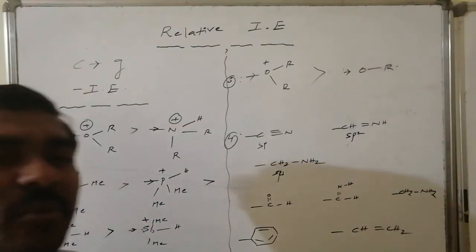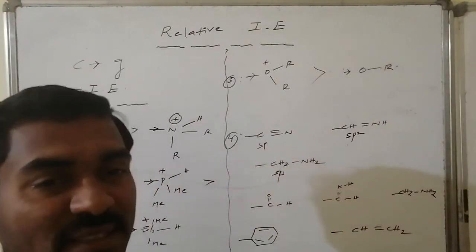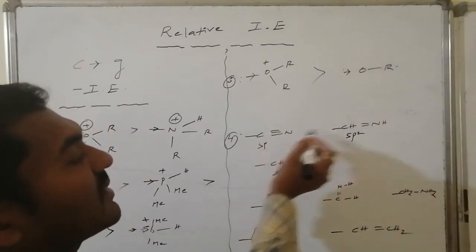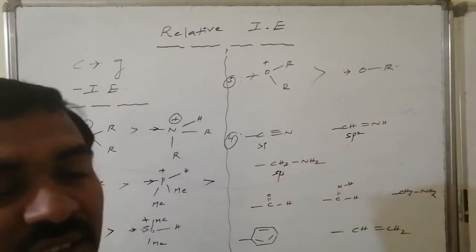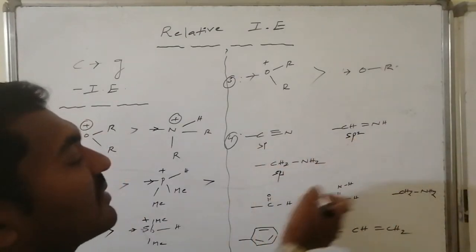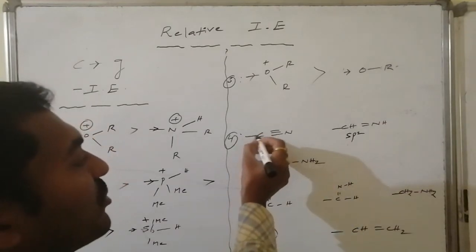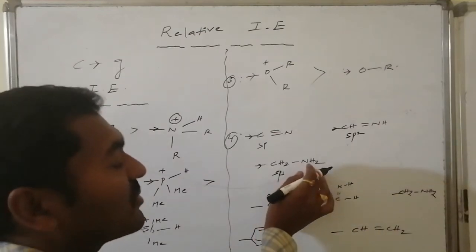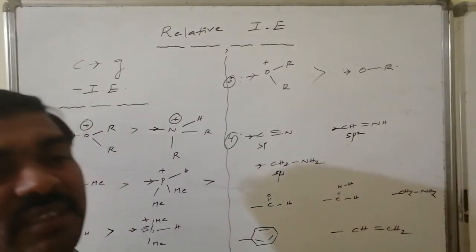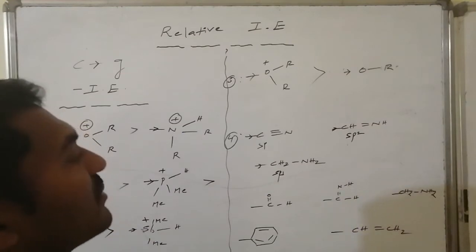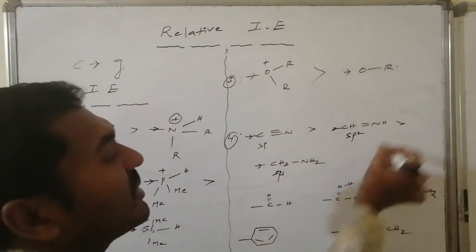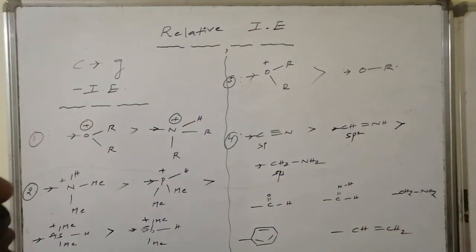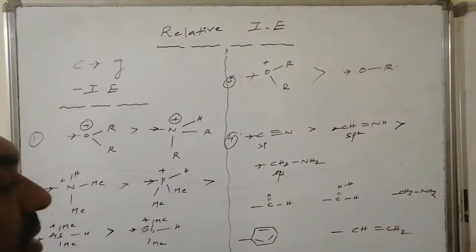sp carbon is relatively more electronegative compared to the normal sp3 carbon present in the chain. Here it is connected with unsaturated nitrogen, but this one is saturated nitrogen. As the hybridization changes, it becomes more electronegative and normally withdraws the electron density. Nitrogen influences the carbon, which becomes deficient and withdraws the electron density. Thus the electron withdrawal ability decreases like this: cyanide has the higher value compared to imines, and the least value is for the amine.